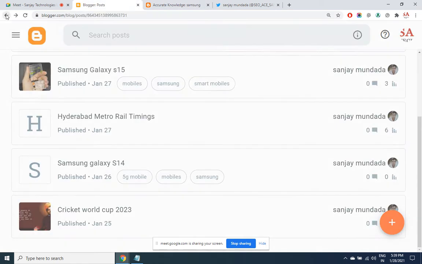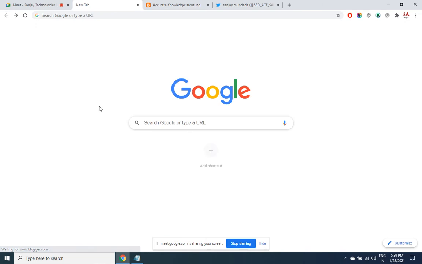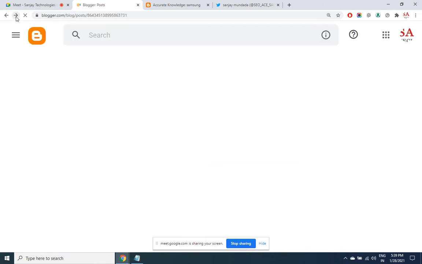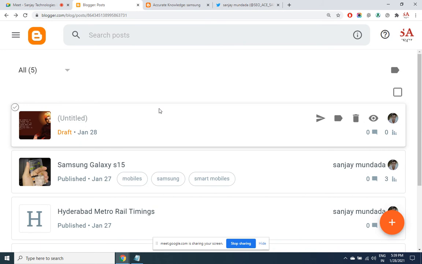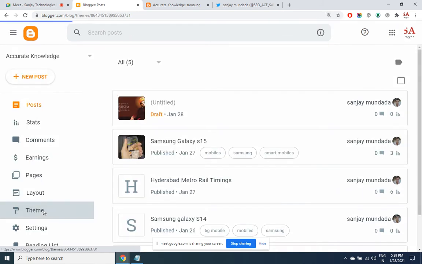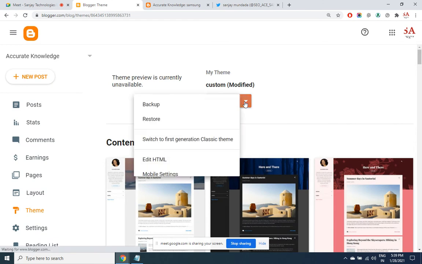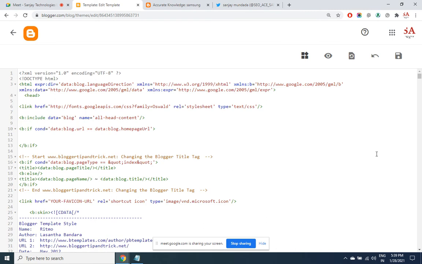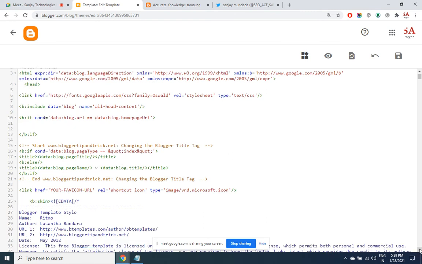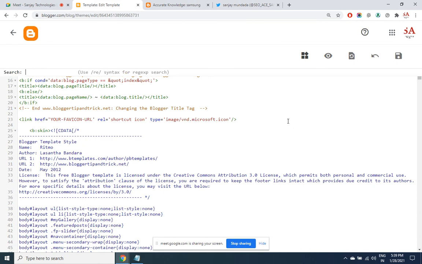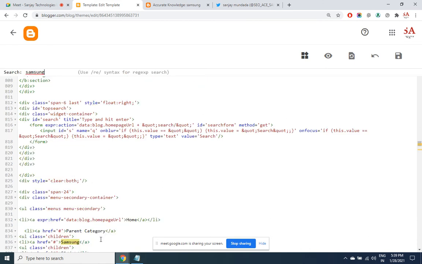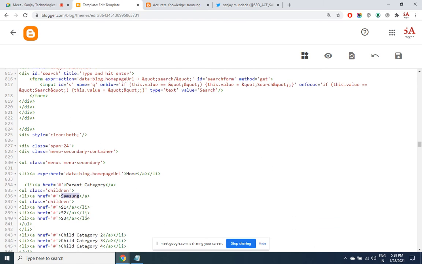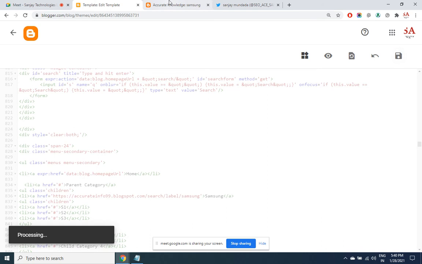I go back to the theme, Edit HTML. So instead of this hash, I replace it with the copied URL. Save. Now see the difference.